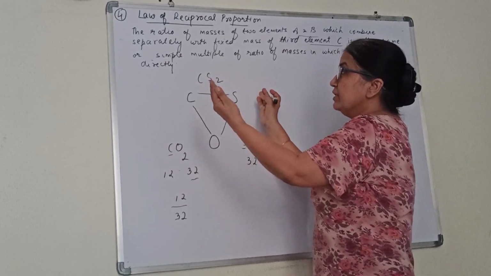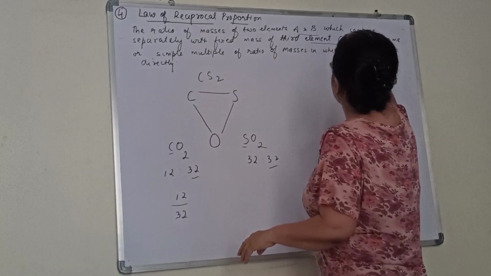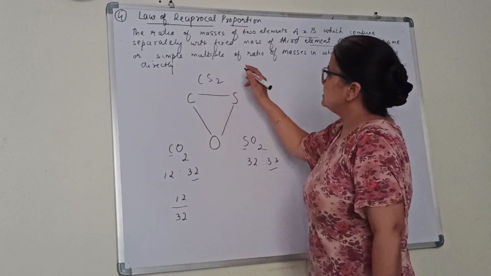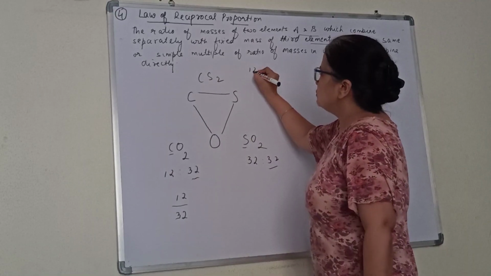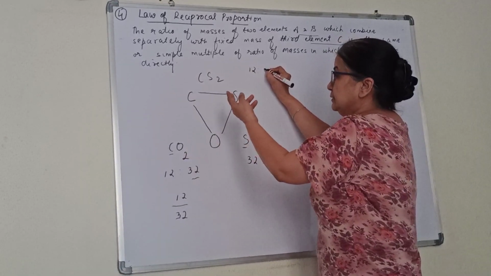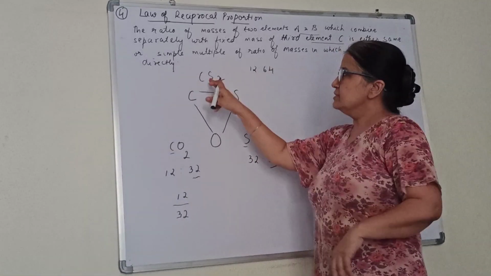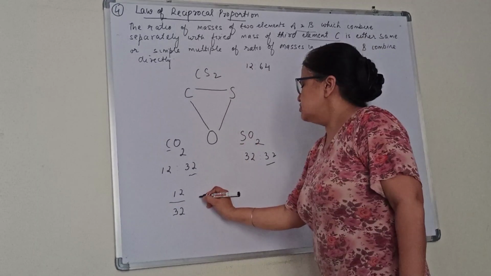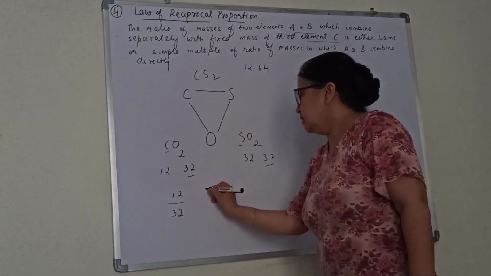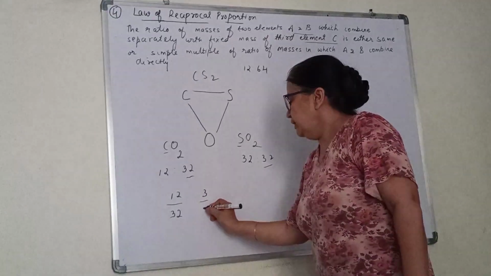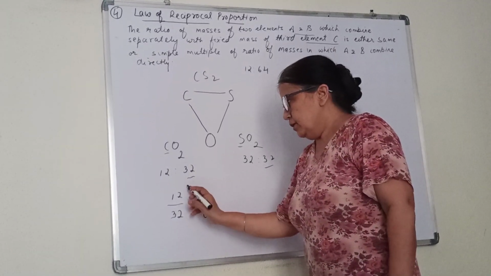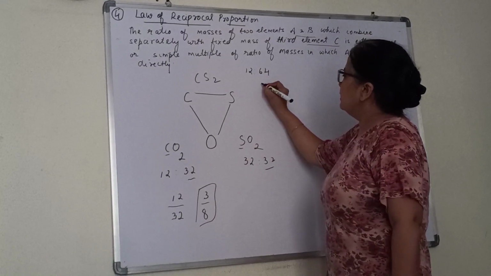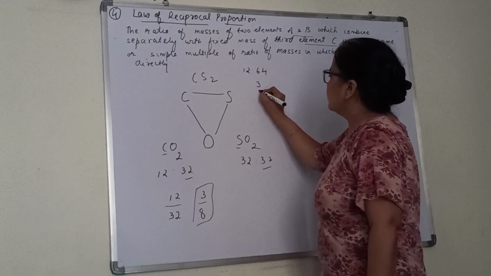Now let us see if they themselves combine with each other. When they combine with each other directly, what is the ratio present there? Let's see here, in carbon disulfide, you have 12. 12 is to 32, that is 64. Okay, this is 12 and this is 64. What is the ratio here? We will simplify this. If you simplify this, you are getting 3 by 8. By 4 we can cancel it. 4 3s are 12. If I simplify this, I am getting 3 by 16.